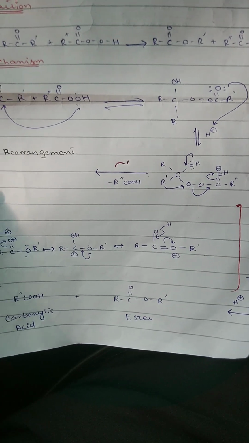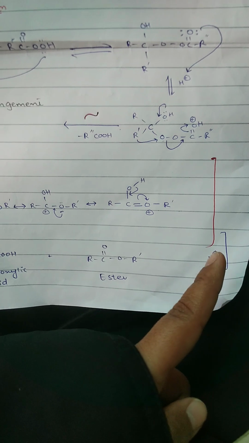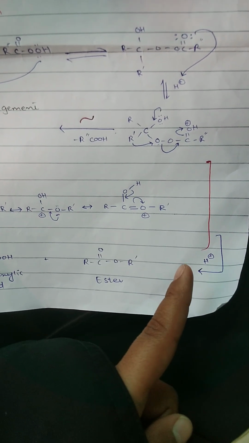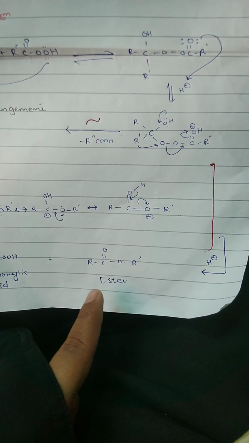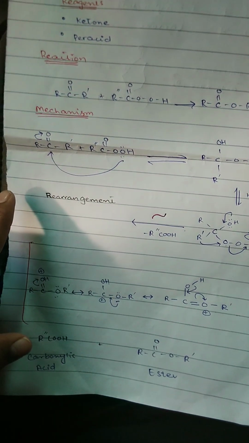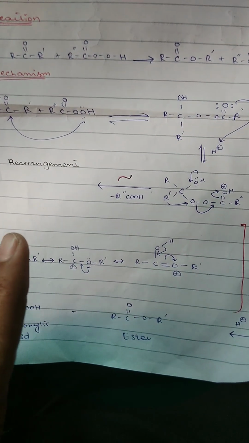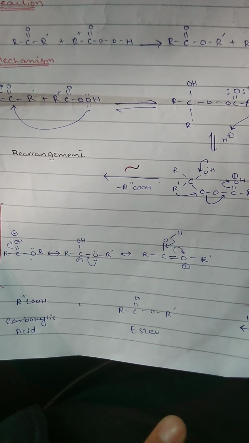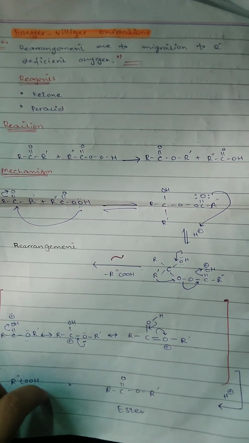So this intermediate state is stable somewhat, but will give the real product after losing a proton from its structure. When the proton is lost, it forms an ester that is formed from this ketone. Along with the ester, the peroxy acid we use will convert into the carboxylic acid, and here we get the carboxylic acid and ester by the rearrangement of the electron deficient oxygen atom.